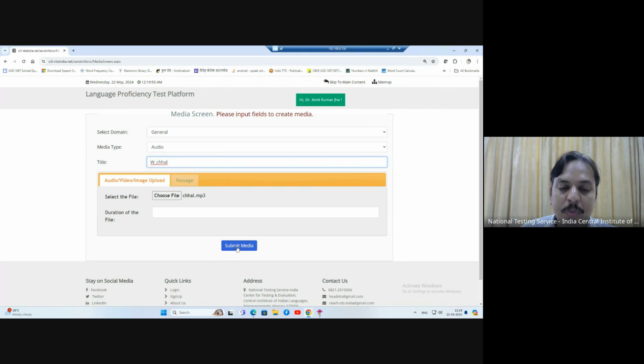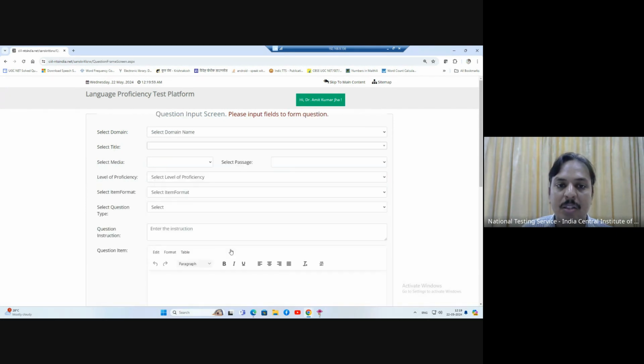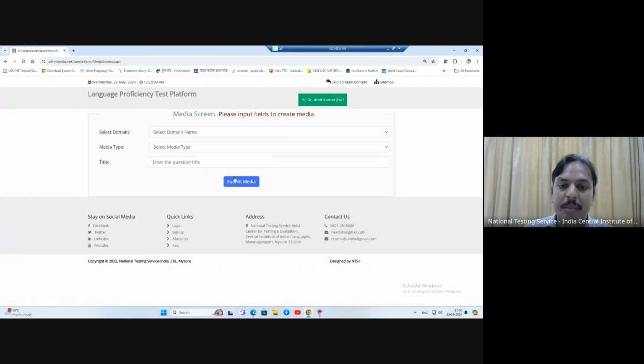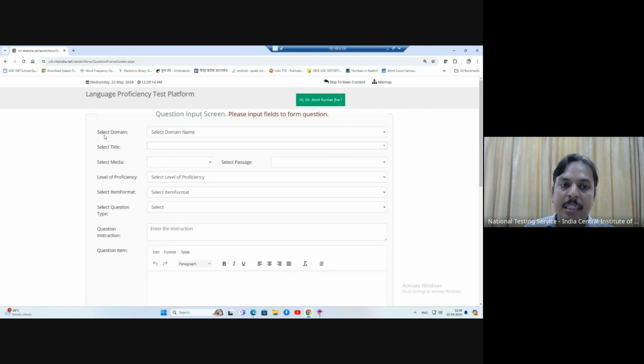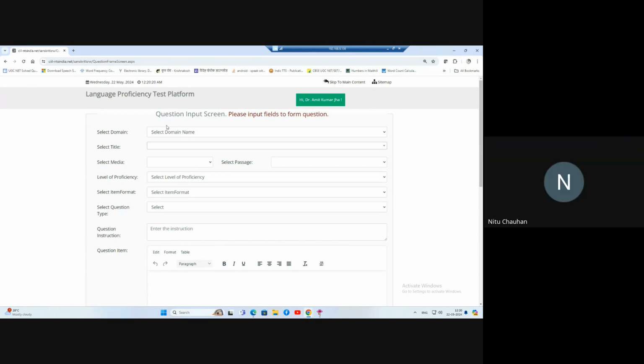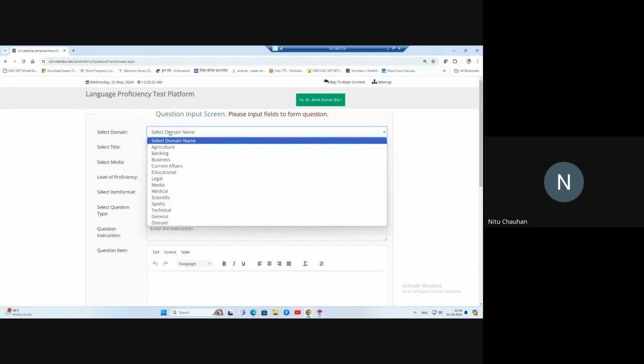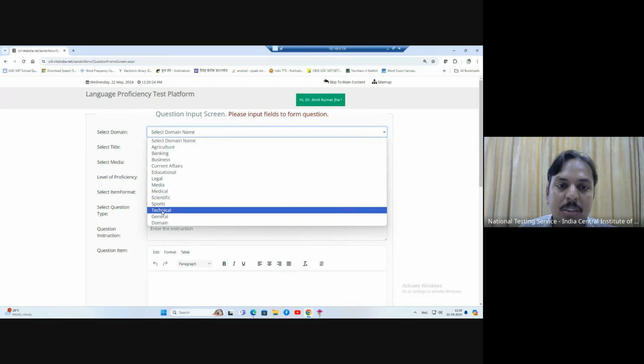When you go for submit media, that audio file is submitted. Next option will come, that is the question screen. Last one was media screen. So when you submit a media, by default you will come to the question input screen. Okay, here you need to ask questions. So here, same, what you need to do, you just go for the,